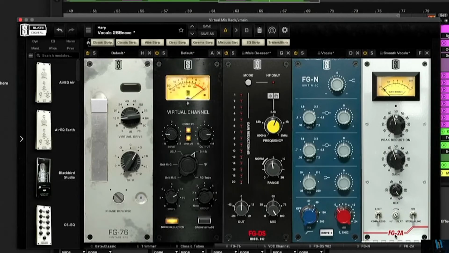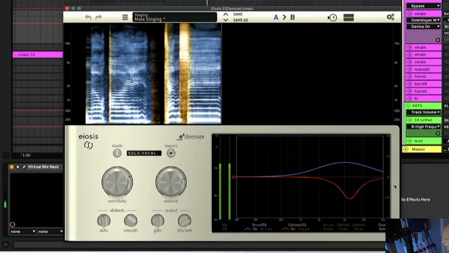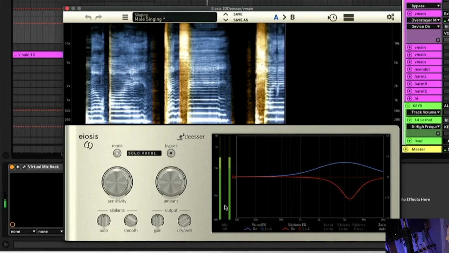And then we're on to the LA2A kind of model, the FG2A compressor. It sounds fantastic. So there's finally a de-esser at the end of that, a different de-esser too. It just takes a little bit of that sheen out of all the things that it's supposed to do. And that is the full vocal chain for the main vocal for